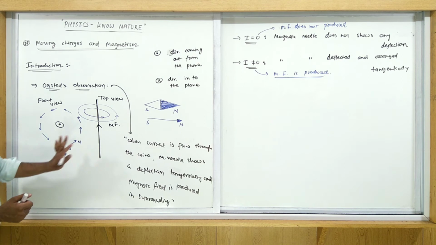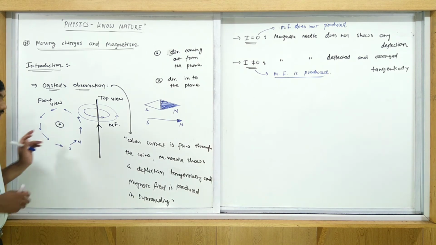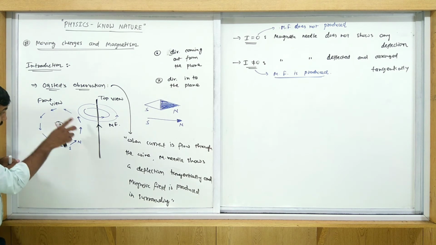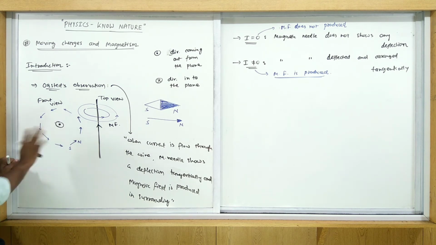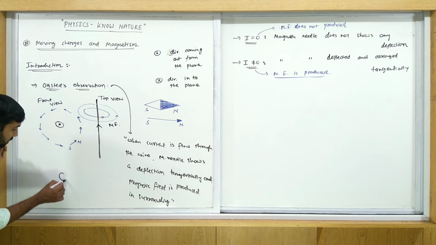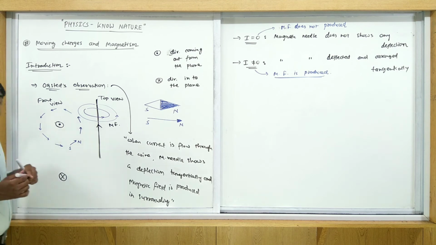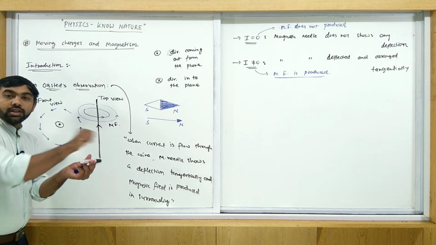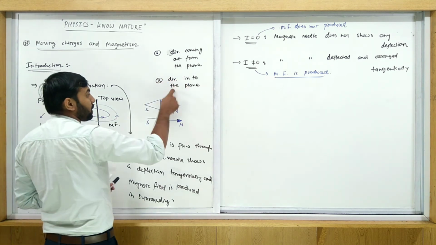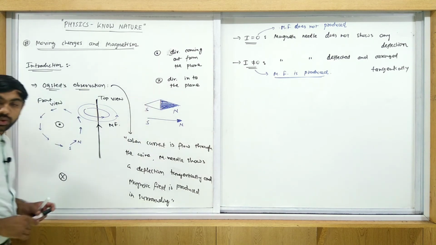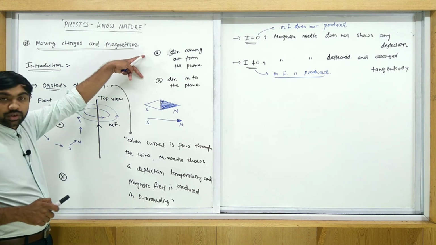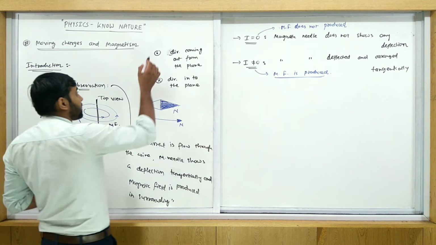When you change the direction of the current, the needle direction is also changed. That is another observation. If you change the direction of current, the needle direction is also changed in this way. See, suppose in this first case current is coming out of the plane, so in the second case current is into the plane. Direction into the plane means what? Circle with cross. Circle with cross represents that current is moving into the plane. That is a representation of a direction.